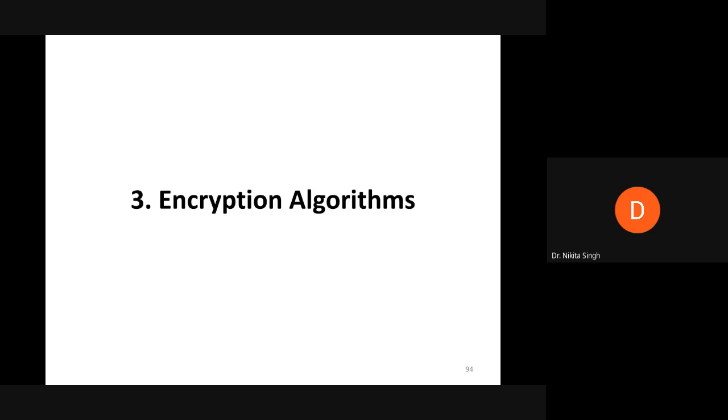Today we'll start with the encryption algorithms. Now, encryption algorithms are a very fundamental block of any blockchain system. When we are talking about a blockchain, a blockchain is called a blockchain because it is formed by chaining of blocks, and this chaining of blocks is what gives blockchain the name blockchain. So, when we talk about chaining in a blockchain or chaining in any kind of distributed ledger,